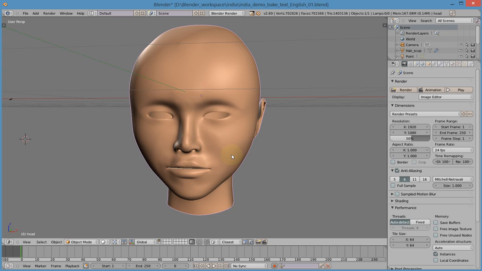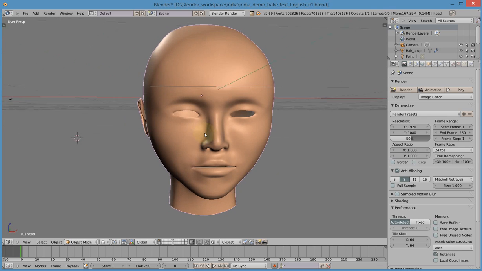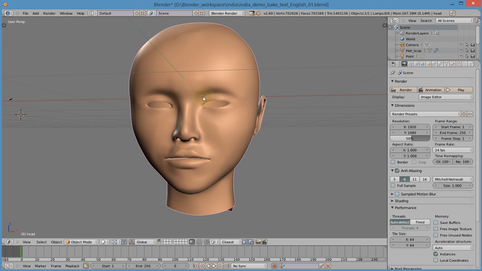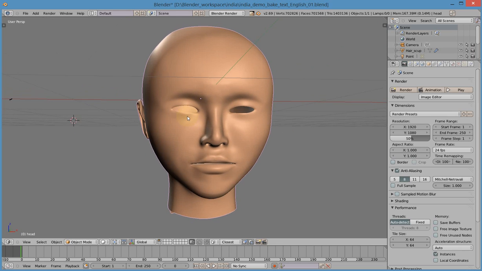Either way, once you have your model in low resolution, you can do as I'm going to show you here. So how can I apply high levels of detail to this model while keeping it low resolution, low poly, especially if you are a video game